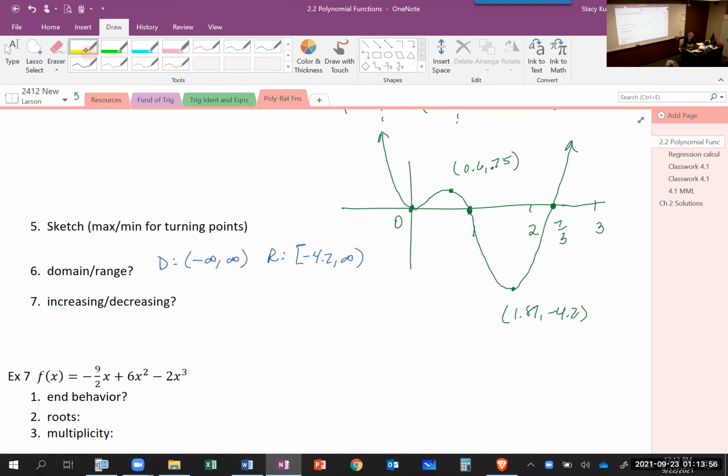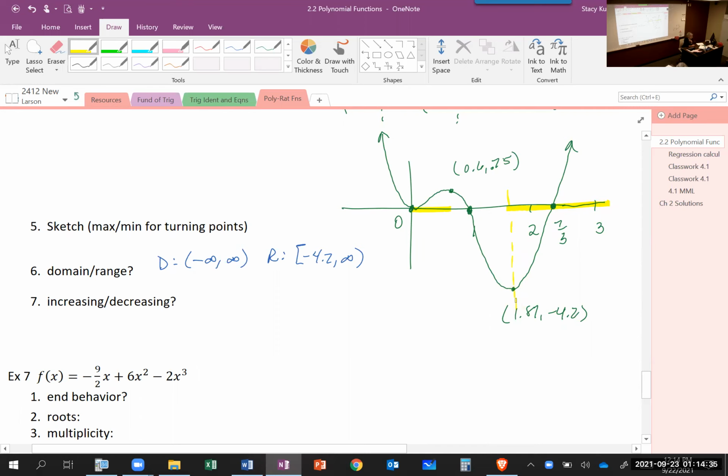Now let's talk about where the function is increasing. When we talk about where the function is increasing, we're talking about where the y values are increasing, right? Aren't they increasing from negative infinity to 0? Nope, it's increasing from 0 to 0.6, right? The function itself is increasing. Those y values are increasing till x is equal to 0.6, right? Then the function is increasing again from